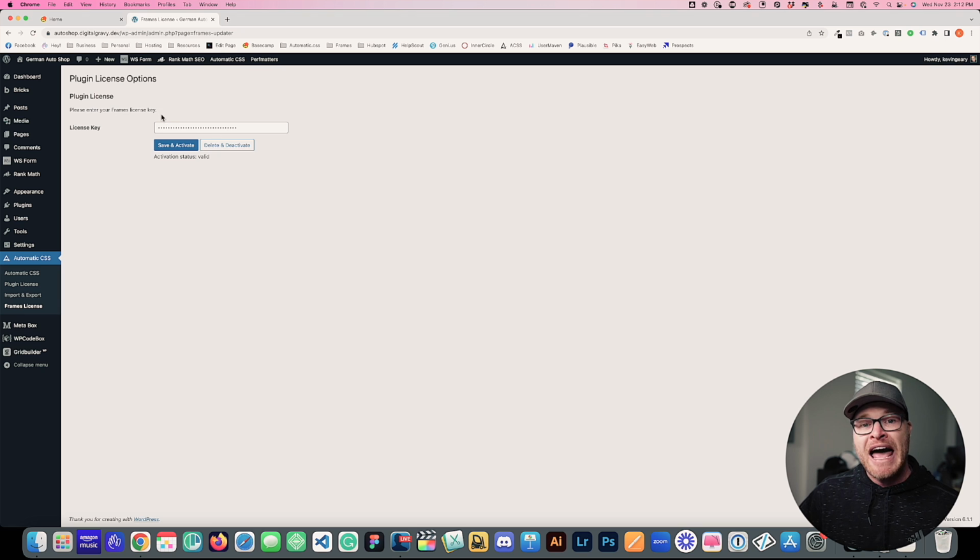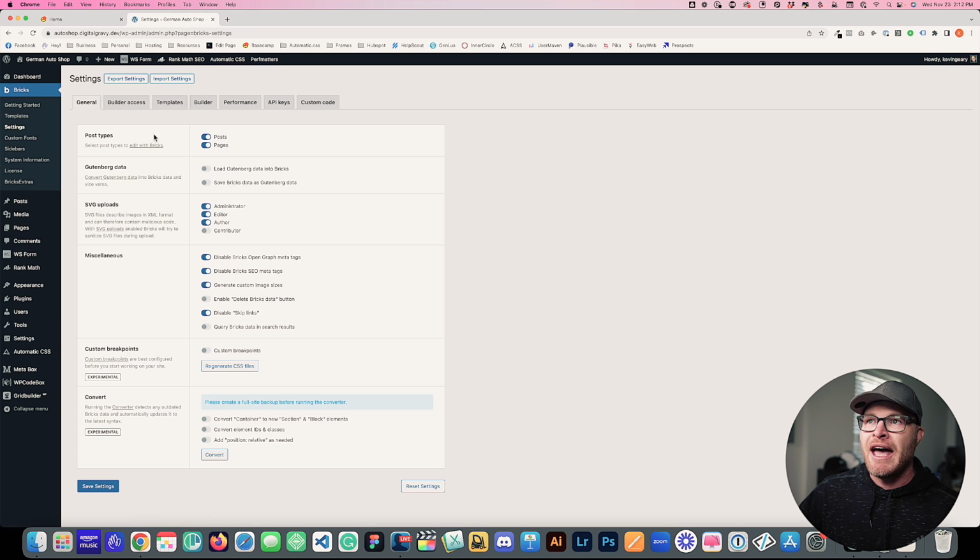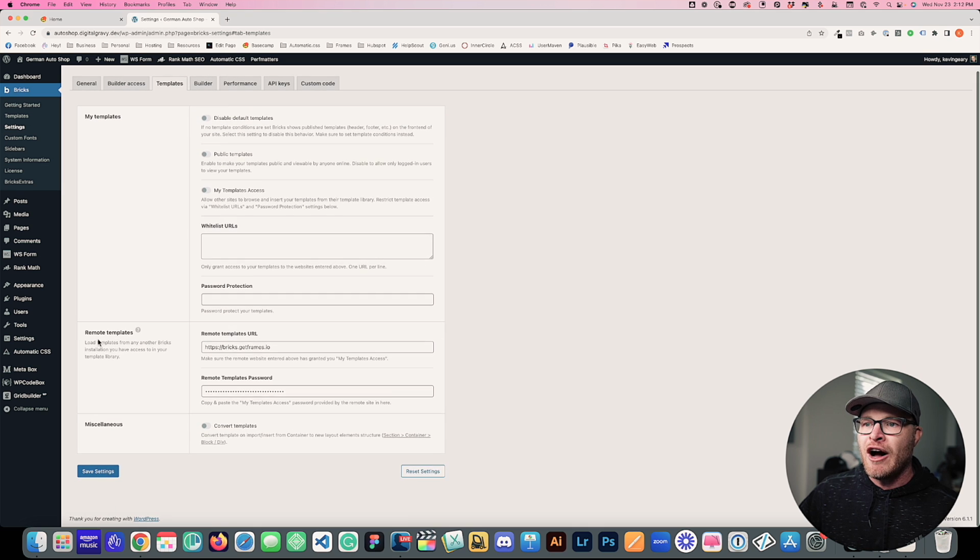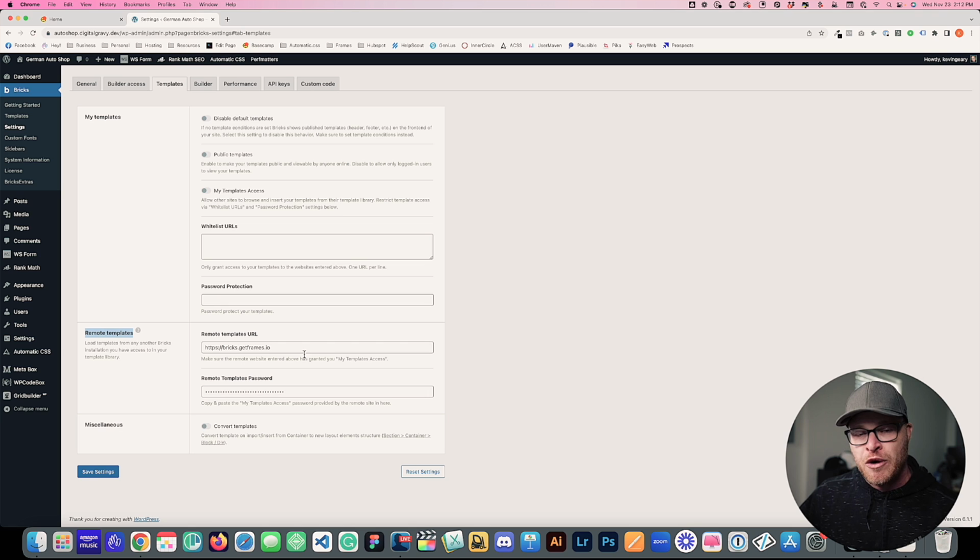After the actual plugin is activated, you have to activate part of Bricks' templating system. So we're going to go to Bricks Settings, and we're going to go to Templates, and under the Remote Templates area, this is how Bricks actually connects to our server and grabs the frames and brings them into your library and allows you to import them into your website. We have to tell Bricks what our remote template URL is. So you're using Bricks Builder, right? You're using Frames. So your remote template URL is